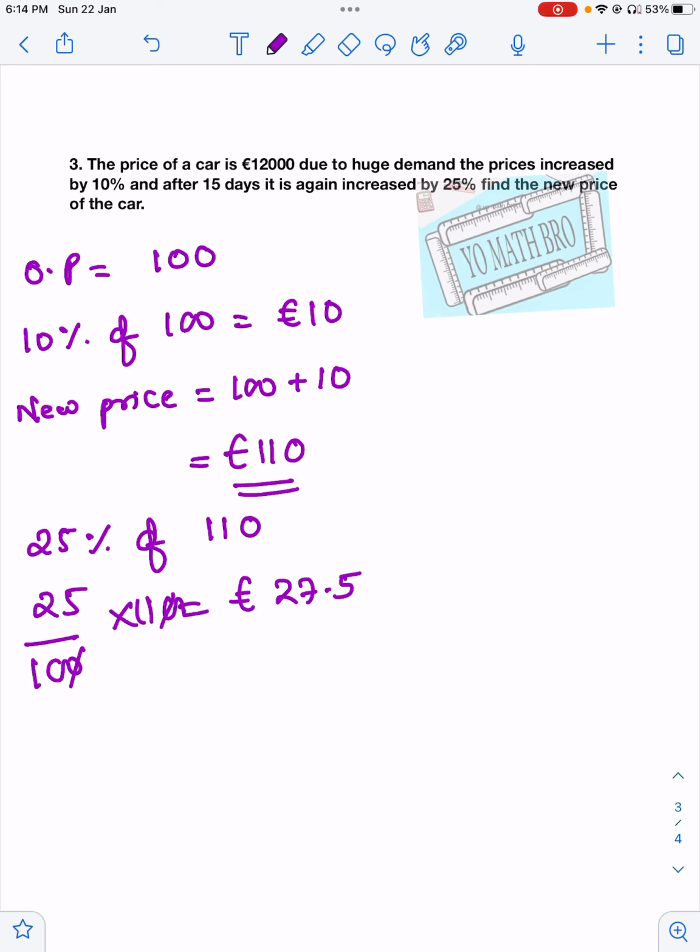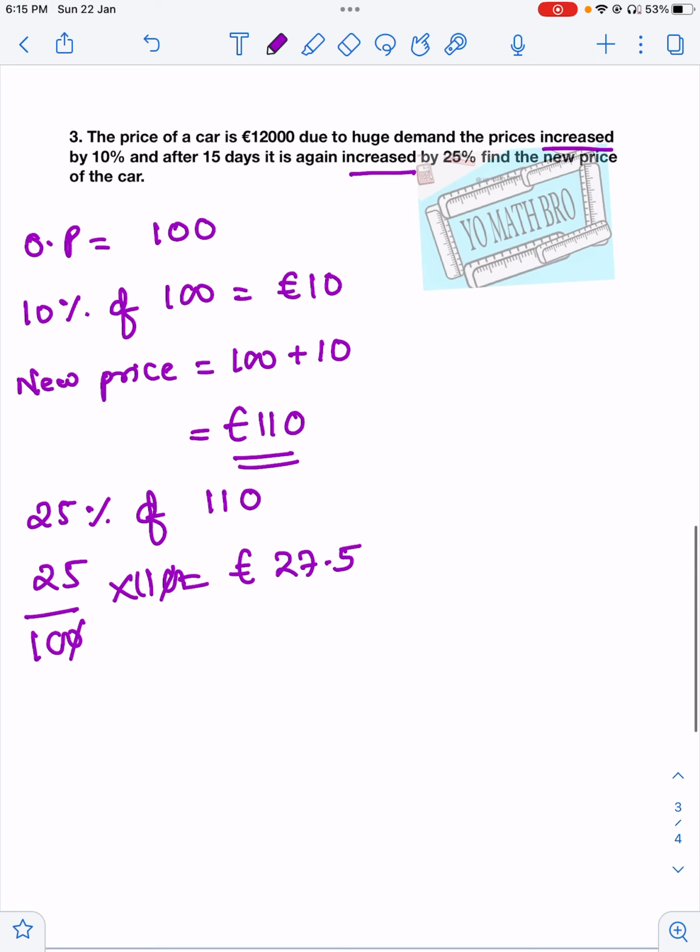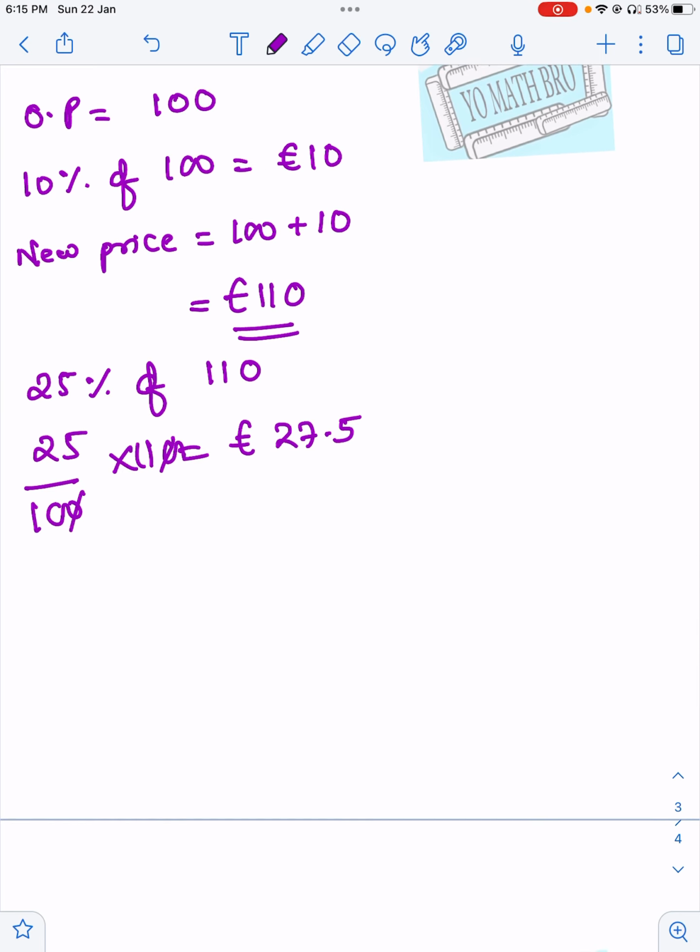Now in this case both the percentages are increasing. You see here it is increased by 10%, then again increased by 25%. So here I will add. So my new selling price is, initial was 110 plus 27.5, which gives me €